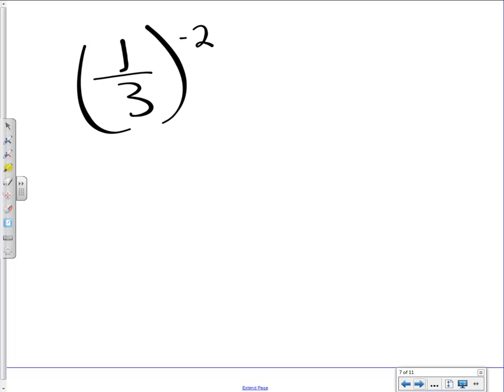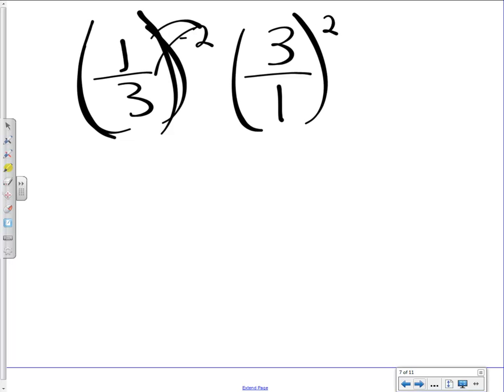Okay, a little shortcut. If you know that everything inside parentheses is going to get this negative exponent, it means that everything inside is going to have to flip. And when it does flip, everybody has a positive exponent now. So you can skip this step a little bit and give it this positive exponent by flipping it over. So then you know that the positive exponent goes to each person